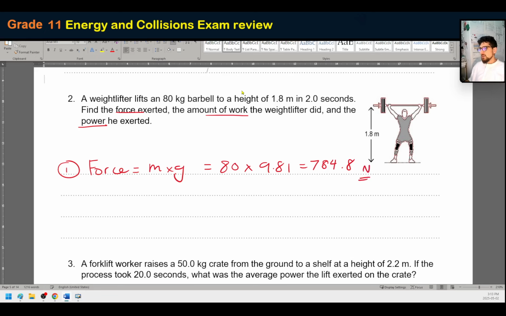newtons, obviously, because the force is measured in newtons. Let's have a look. What else do we have to work out? We have to work out the work. So the work is equivalent to the force times the distance, and that's going to equal, the distance in this case is 1.8 meters, so that's given. So force is, we just worked it out, 784.8 newtons multiplied by a distance of 1.8 meters, and that's going to equal